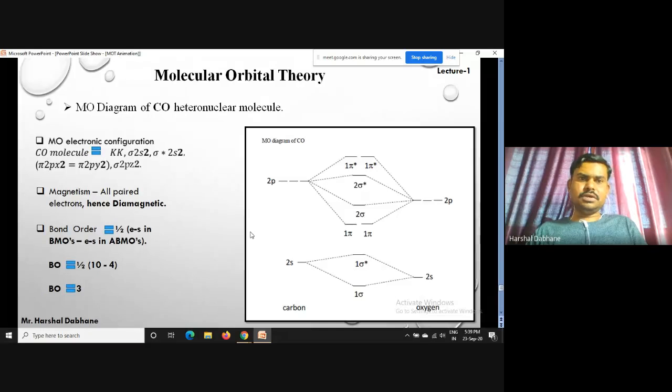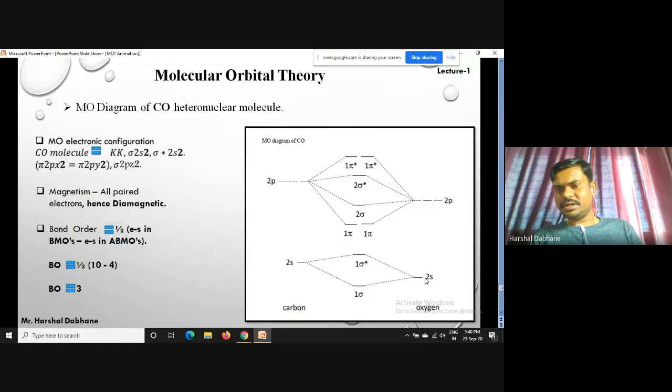Now we also discussed this molecule, that is the CO molecule. Here we have a simple diagram. Carbon has atomic number 6, oxygen has 8, and 8 plus 6 is 14, so we have 14 electrons. Obviously we are going to write KK instead of the combination of 1s and 1s. Then 2s and 2s can combine. Here see that the energy of the atomic orbital of oxygen is less as compared to carbon. So we can write the atomic orbital, meaning 2s here of carbon and 2s here of the oxygen atom. There is an energy gap like this, okay.